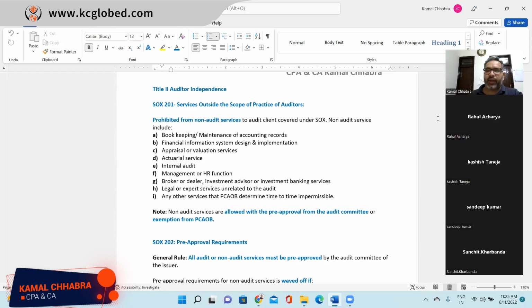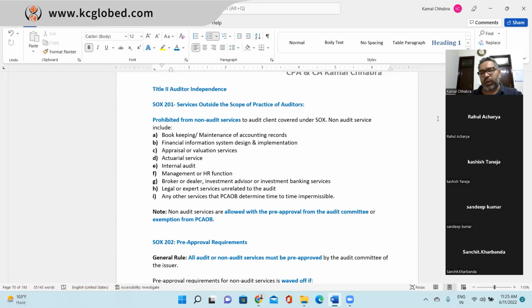You can provide non-audit services which are exempt from the prohibition, but you need to take approval from the audit committee of the listed company, stating that you are providing these services and charging this amount of fees for them. So you need to take pre-approval for any non-audit service you want to provide to the listed client. Second is